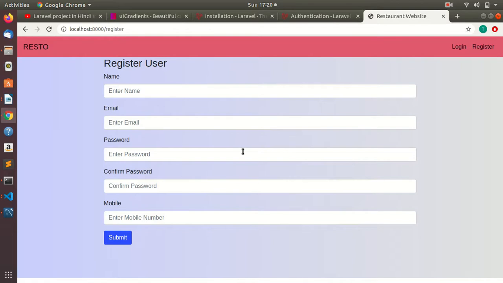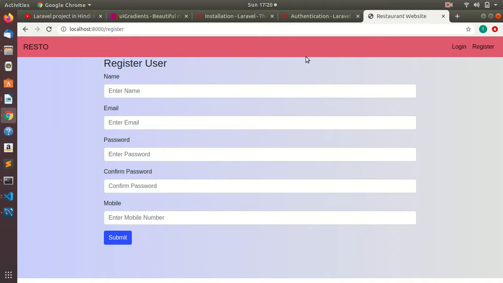So what is the view page? View page contains our HTML content, it contains our presentation logic. And when we submit, this data goes to the controller, which handles our business logic and our post requests, to validate our data and to handle that data. And from the controller our data passes to the model. So this is the MVC structure that we follow in Laravel.